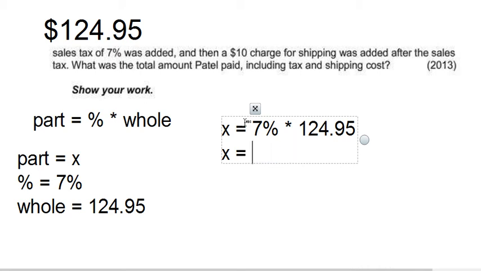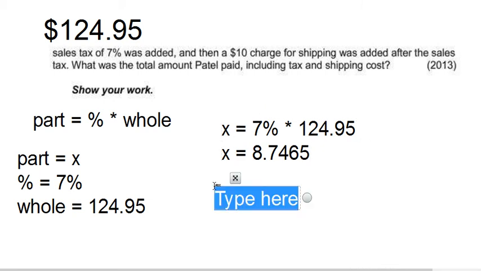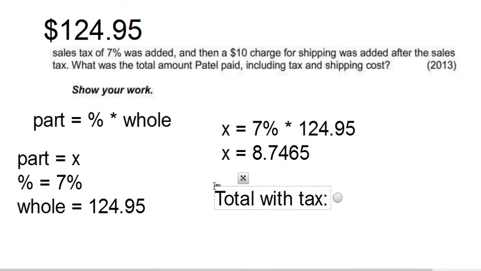When I do that, I end up with 8.7465. All right, that is the sales tax. Now what I'm going to do is add it. So now what I'm going to calculate is the total with tax. And that is 124.95 plus